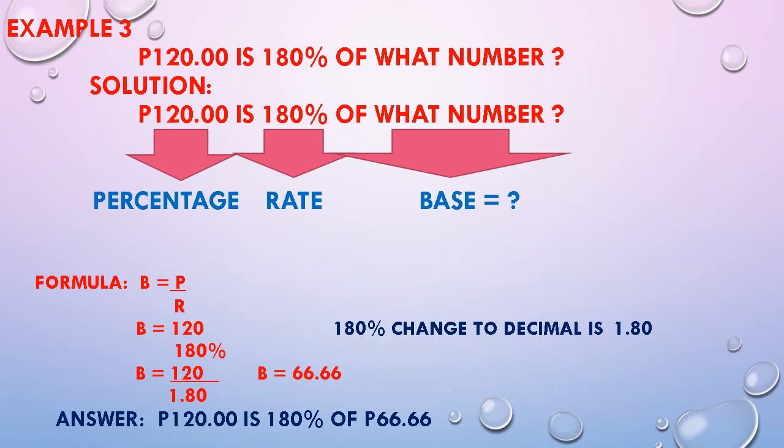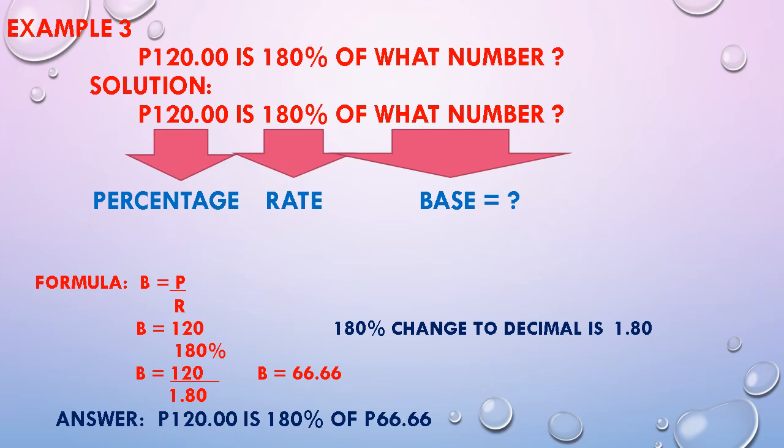Example number 3. 120 pesos is 180% of what number? Solution. 120 pesos is 180% of what number? So 120 is the percentage, and 180% is the rate, and of what number is the base, which is the missing number. We are going to use the formula B is equal to P divided by R. So B is equal to 120